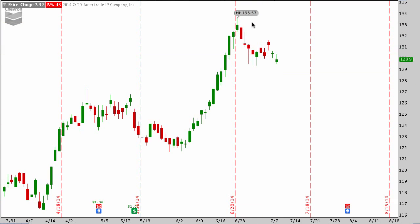And we got a pretty nice move down in the stock. I don't know if we actually picked the exact top or we're very close to it. But after this long run up, and you can go back to that video tutorial right here at optionalpha.com in the playlist for members, you can go back to the video tutorial of this and you can see that we just had